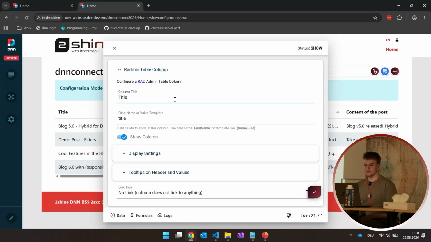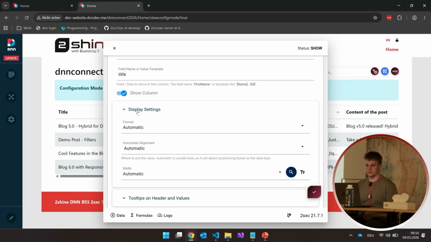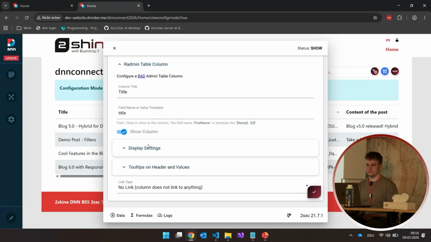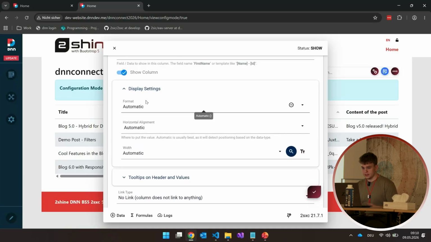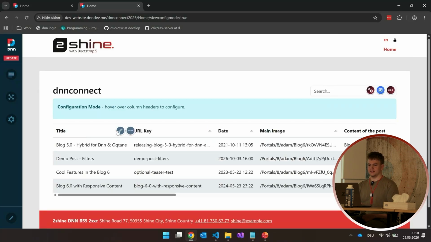When I click on the cross, we have the column options, which would, in this case, for example, be the display settings or the header, tooltip values. And by clicking on save, I basically initialize the title column, which then makes it even possible to move it around in the table or to